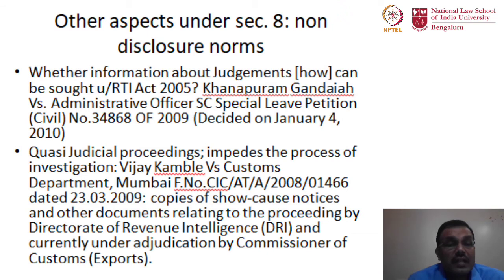I think that's a very significant clarification that the Supreme Court made vis-a-vis the scope and ambit of the Right to Information Act, about what citizens can seek and what they cannot seek. So definitely the non-disclosure norms are setting the trend of what is accessible as right to information and what is exempted under the Right to Information Act.